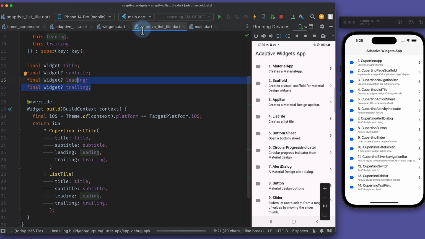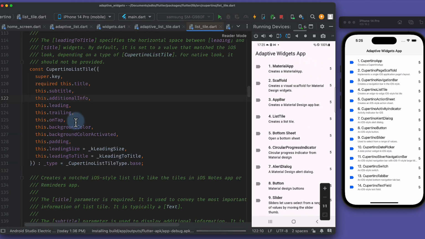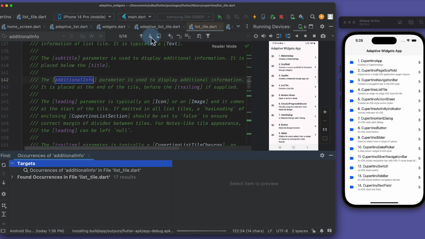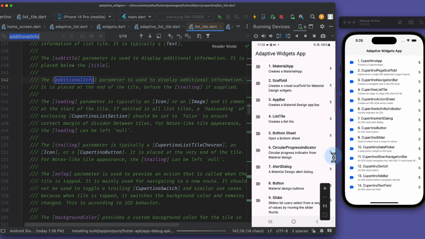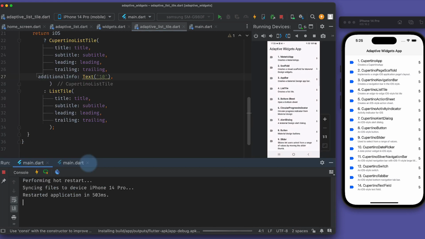What next? There is something called additional info here. Let's read about it, where it is shown. Additional info. The additional info parameter is used to display additional information. It is placed at the end of the tile before the trailing is supplied. So let's try to give a text of 10 to 8, and let's see where it is visible in iPhone. So it is visible here, which means that